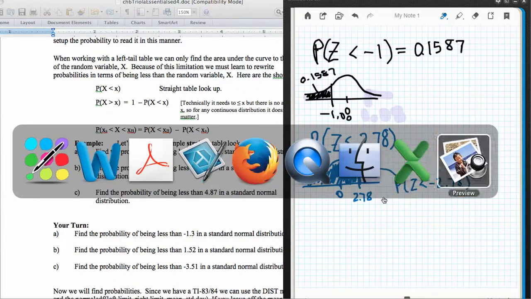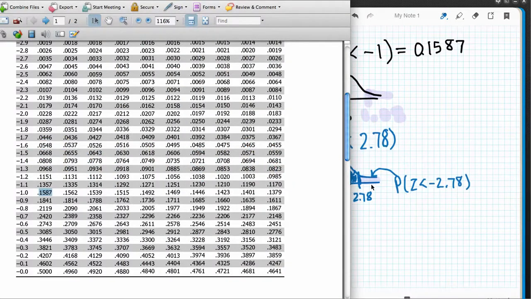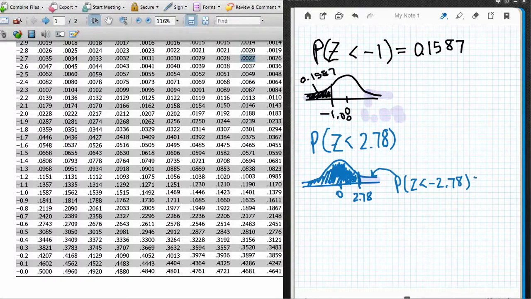So here I go to my table to look it up, negative 2.78, so negative 2.7, there's 0, 1, 2, 3, 4, 5, 6, 7, 8. So this is my value right here. That probability over there in that tail is 0.0027. Again, a fairly small probability, right? It's getting close to 3. So if this tail here is 0.0027, then what I want to find over here is the complement of it. So this is going to be 1 minus the probability that z